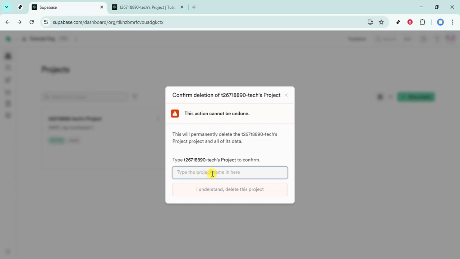That's all there is to it. Go to Supabase, open the three-dot menu on the project you no longer need, and select Delete Project, confirming the action